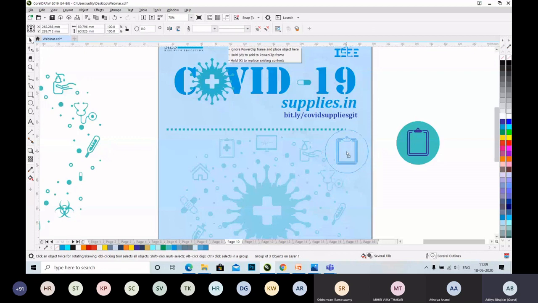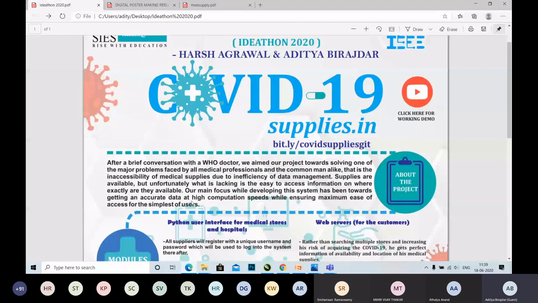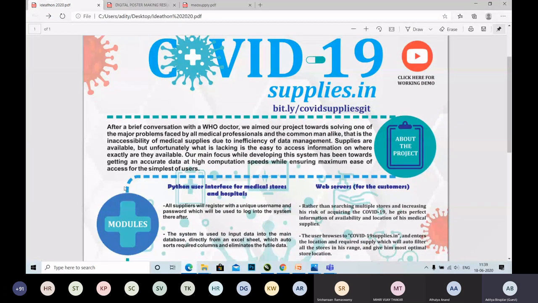Group it and place it over here. If you see in this poster, you can see some curved lines over here. We'll shortly look at it, and we can achieve this by using the pen tool.